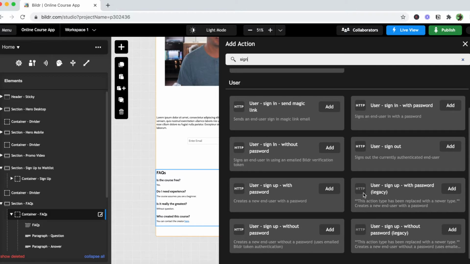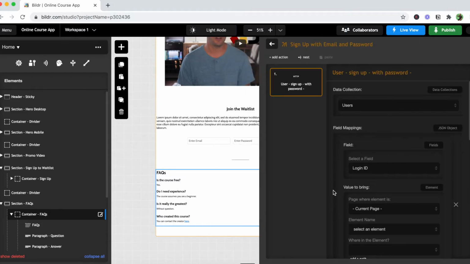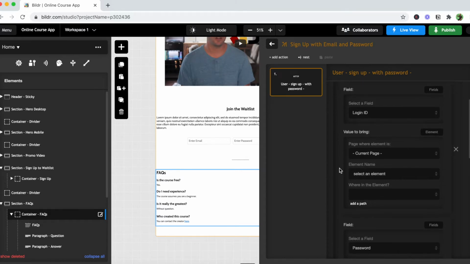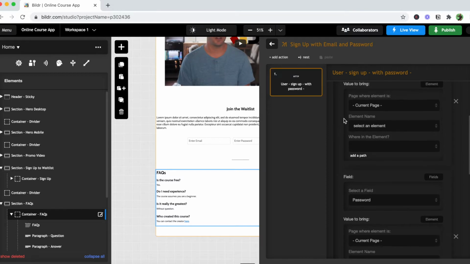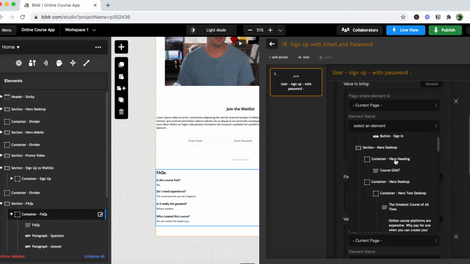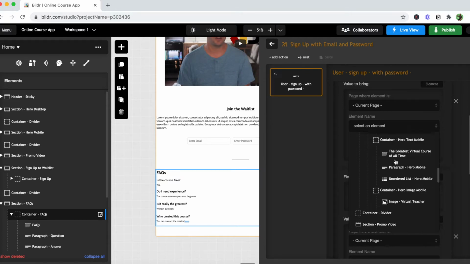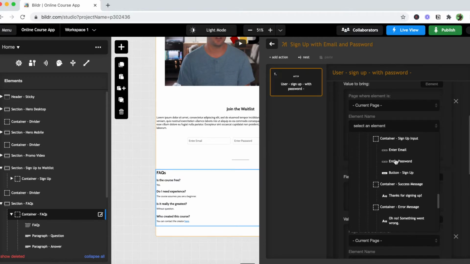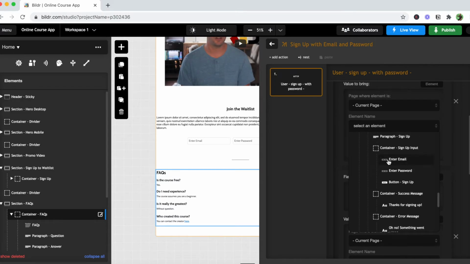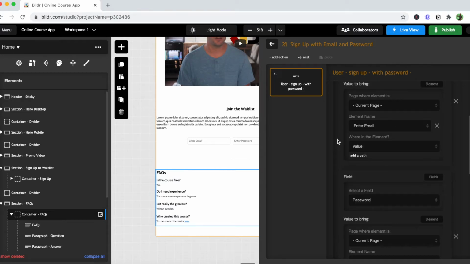Let's find it. User sign up with password. And because the sign up settings and the project settings are sign up to waitlist, that will work. So we want to map to the login ID field. We'll bring in from the current page, from the email input element, which is down here. So we're taking the email address and saving that as the login ID in the table,